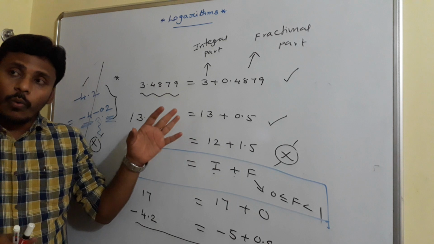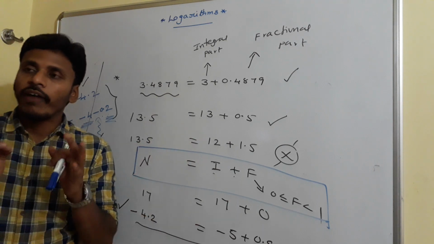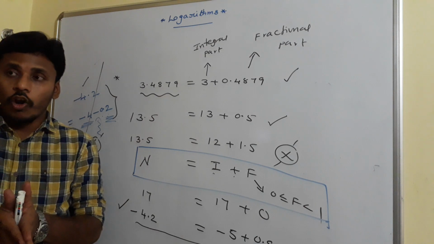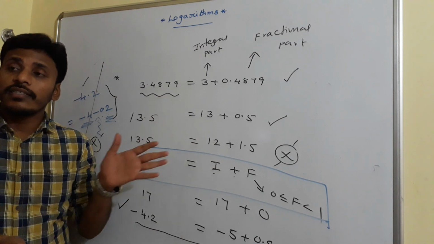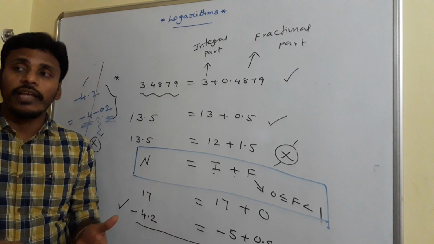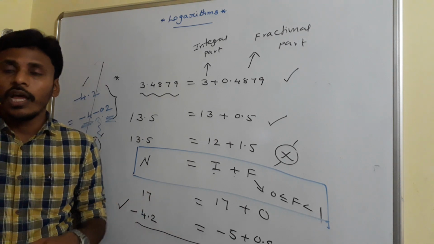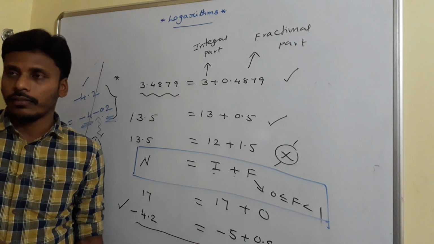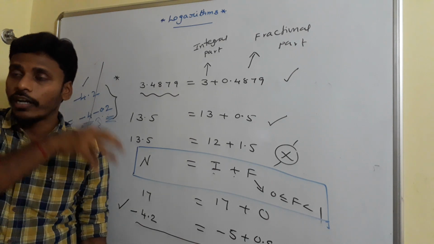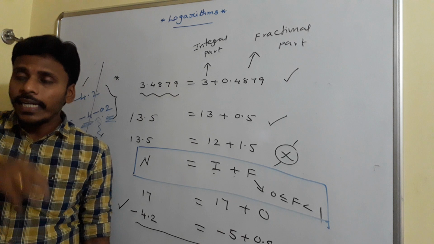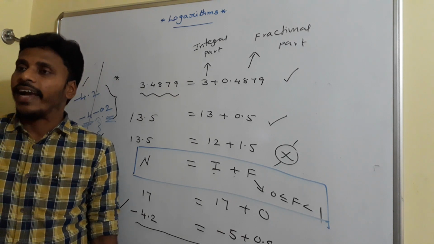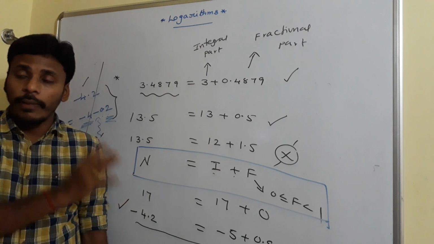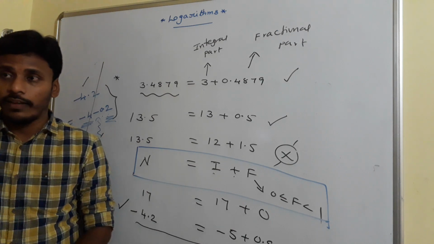Have a look. What I explained here is finding integral part and fractional part for any number, not specifically for logarithms. This is a general task, useful in different situations. Now I am going to use this general task in logarithms first. If I use this general task in logarithms, then it explains to us the characteristic and mantissa of logarithms. Just have a look, and I will mention that characteristic and mantissa now itself.